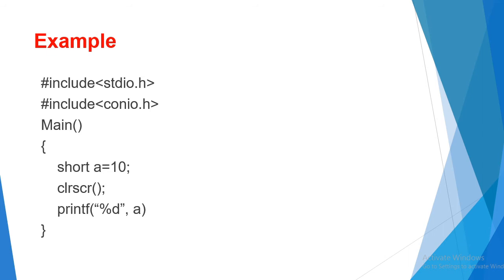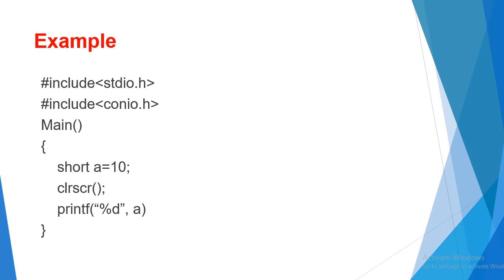Then I want to declare a short signed integer. That time I will use short a, or you can use short integer a, or short signed integer a. I have given four ways to declare; you can declare with any one of them. I declared short a is equal to 10, meaning I want to save my value 10 into a short variable. We can take positive as well as negative values.